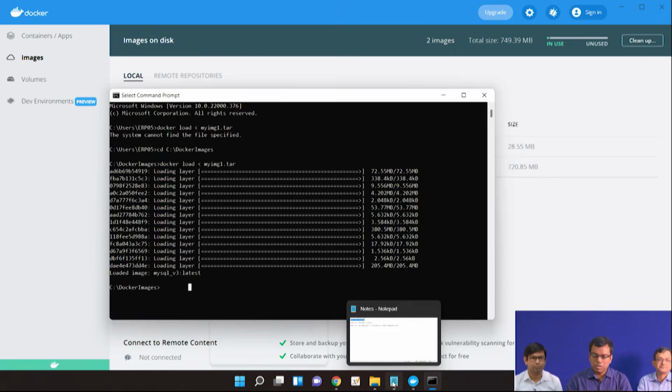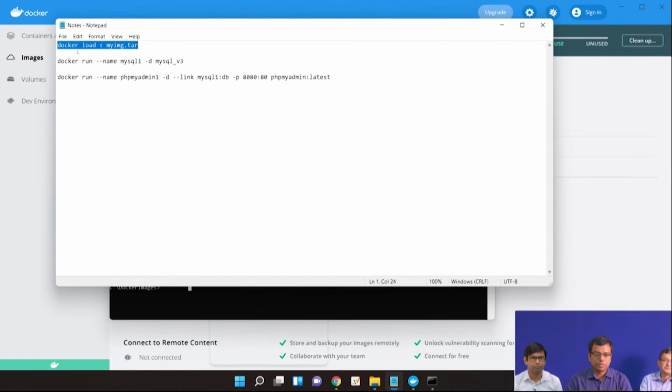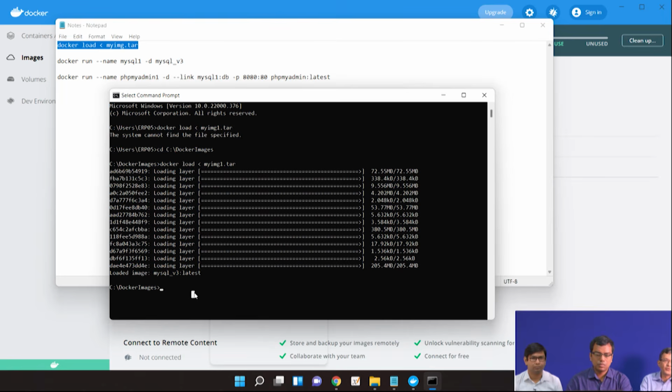Now our job is to run this MySQL. So the shipping part, quote unquote, has been done. The image has been shipped from the source to the destination. Docker run --name, the name that we have provided. Later on, if we want to connect it from phpMyAdmin, that name we have to specify there. So that is why we have to provide a custom name here.